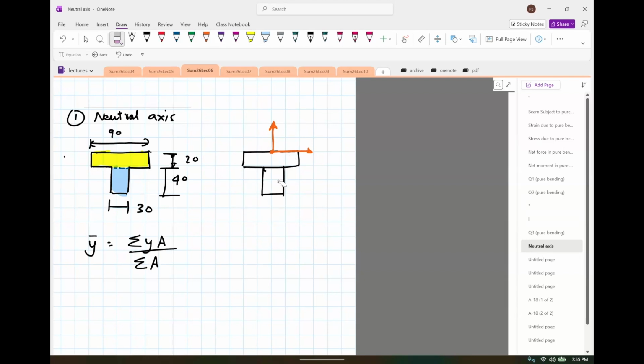Now you could put this over here too. There's no problem in doing this, or you could put it here. It's really up to you. I've just decided to go with the top section, the top half of the T section. Okay, so this is the origin,